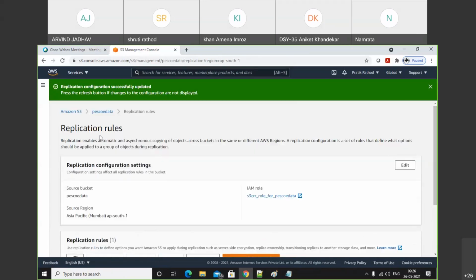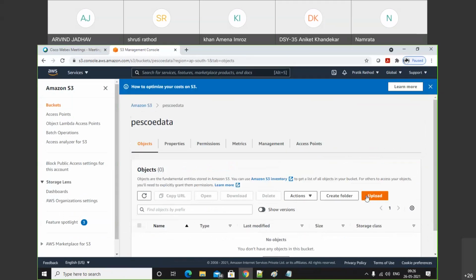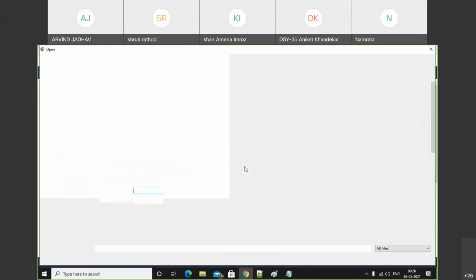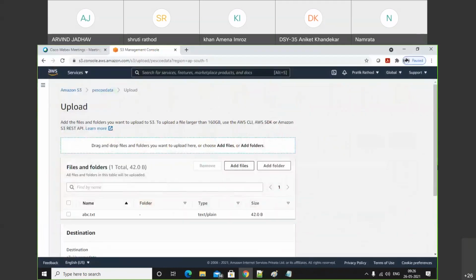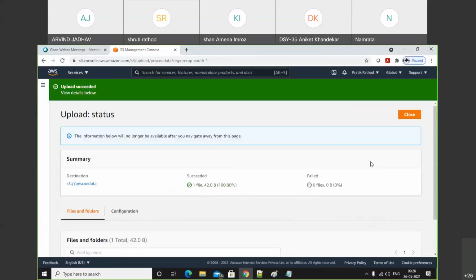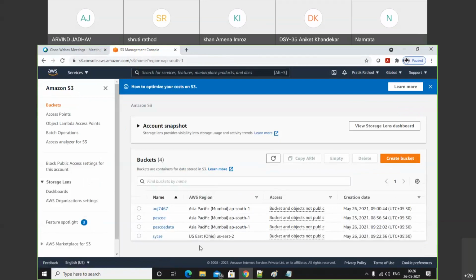Now just go to Amazon S3. Open the PSU data. I'm trying to upload one file. Add file. Upload this ABC file. Upload it. Now we successfully uploaded this file of 42 bytes. Close it. Click on Amazon S3.